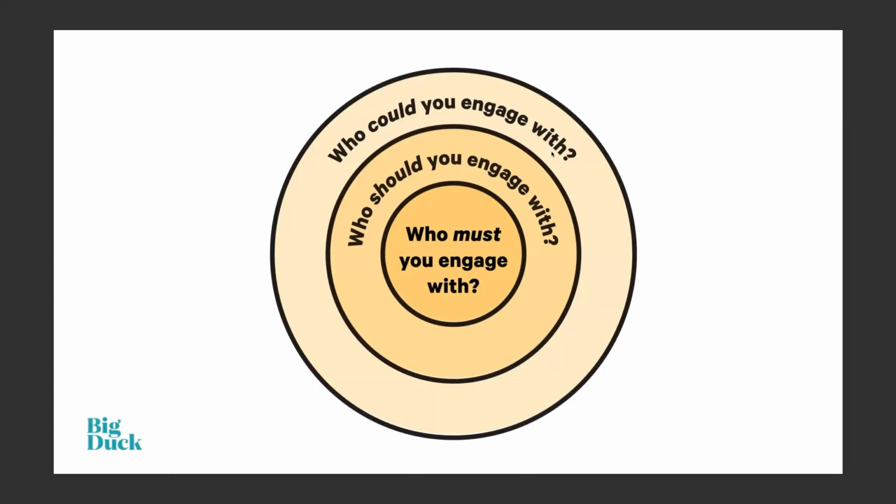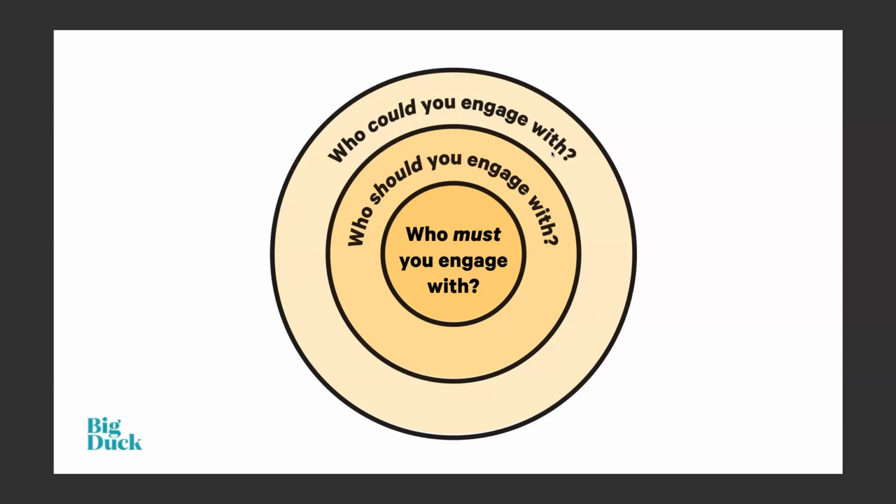This is one way I think you can start to map your audiences if you've never done this. Who must you engage with? If you are a community-based organization that provides services in your community, you must engage with people in your community in order to advance your mission. But who surrounds that group? Who should you engage with? Well, in a community-based organization, it might be people who aren't essential to the mission from a programmatic point of view, but are important to support that mission, maybe corporate partners or city partners. And then who could you engage with? Usually the outer rings are more the general public, or they're people who are not going to necessarily consider you their top